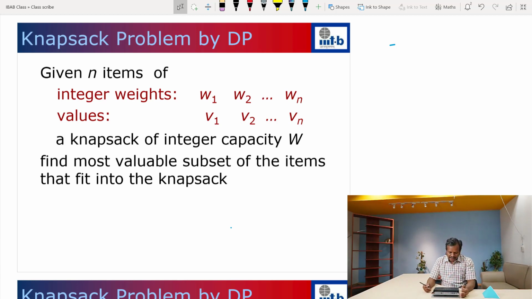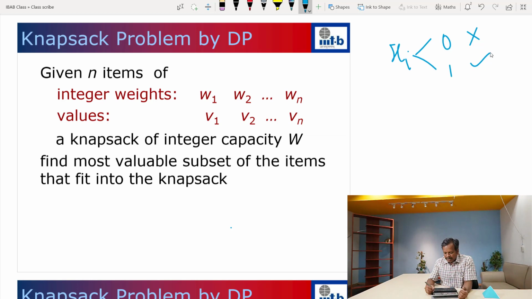More formally, we have W of i, which is the weight of the ith item, and we have V of i, which is the value of the ith item. So, we want to have a binary variable associated with each of these items. Let us say x of i. So, x of i will be 0 if I do not pick the item. This will be 1 if you pick the item. This is generally called a Boolean variable.